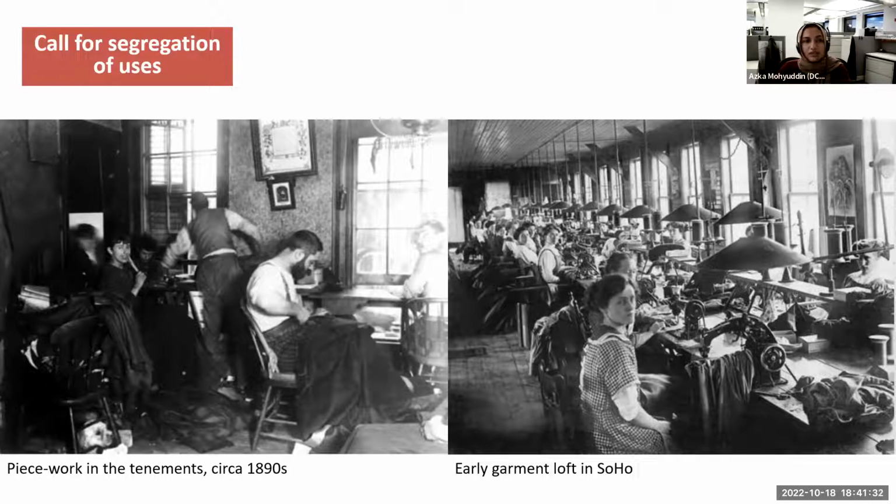Originally, this work was done within the residential buildings, within the tenements, but garment production was banned in residences, and people started moving out to the lofts that we see all around historically through Soho, and also the garment center. But at the same time, because at that time there was no regulation of where these different uses